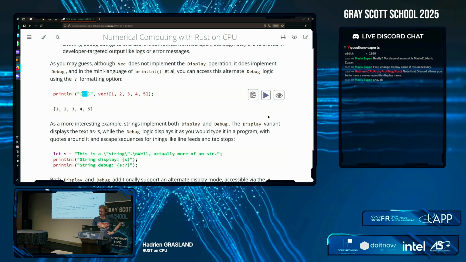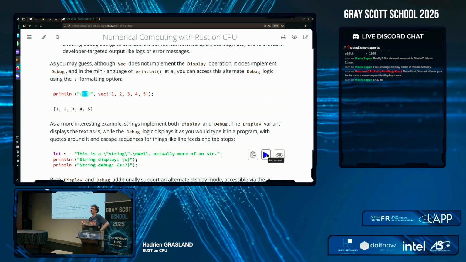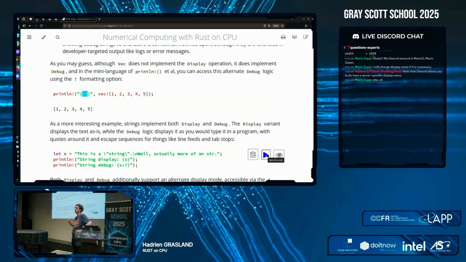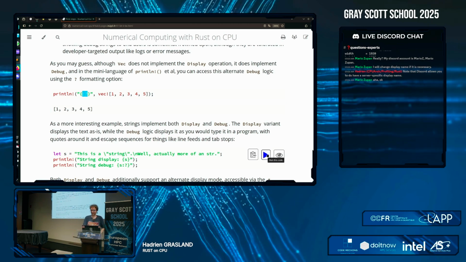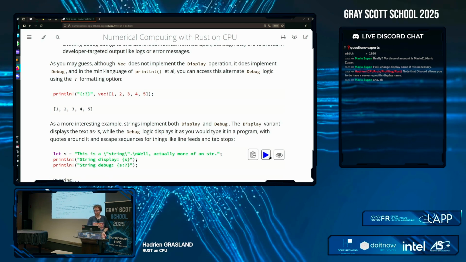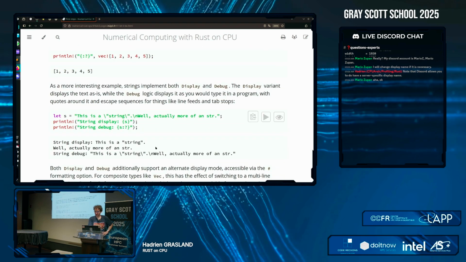There are some interesting variations on this. For example, strings by default are printed in the expected way. And in their debug representation, they have escaping, which means that you can copy and paste them into a variable of your program easily as you would like. So here's an example of a string that contains quotes. Because I'm not using the raw string syntax, I need to escape these quotes. And here it tells me, OK,